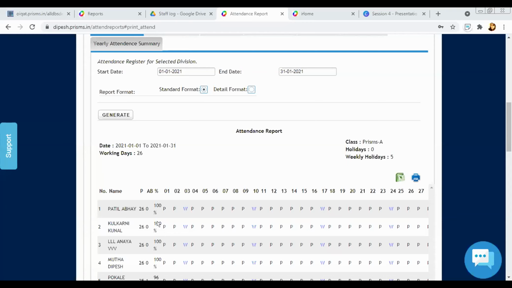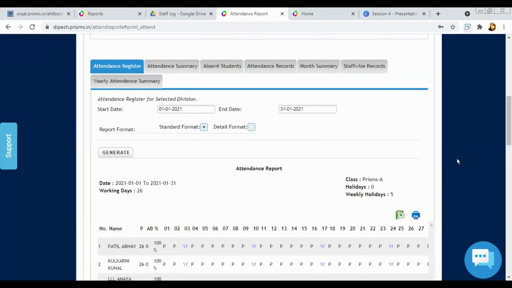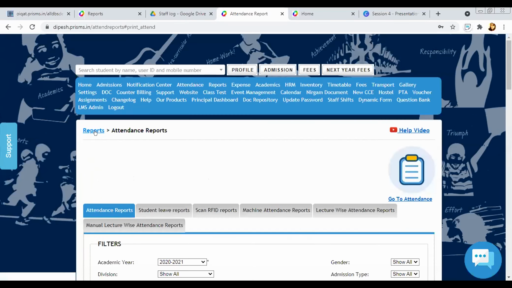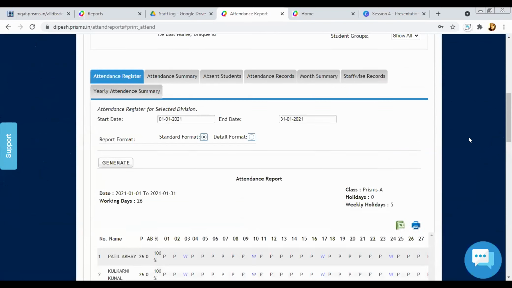Because we will be marking absent and present on working days. Suppose a month has 30 days, and 5 days go for Sunday. Here we define holidays. If you scroll down, you can see holidays here.